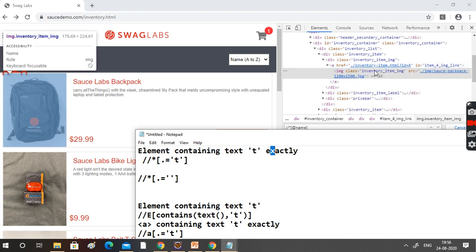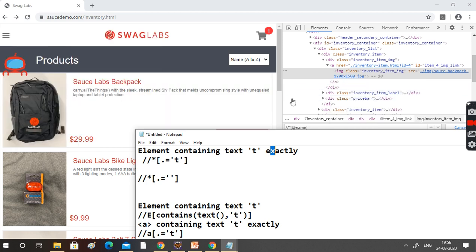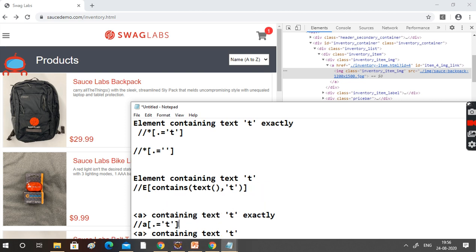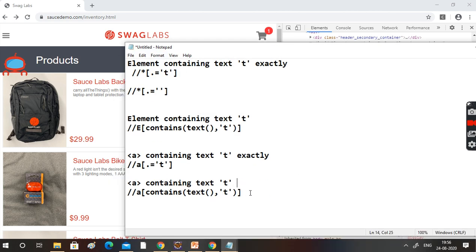No. So can we identify with the help of this one? We cannot identify that actually. So this kind of XPath won't work, right? And what about this one? Will it work? This will also work. This is also one that works.